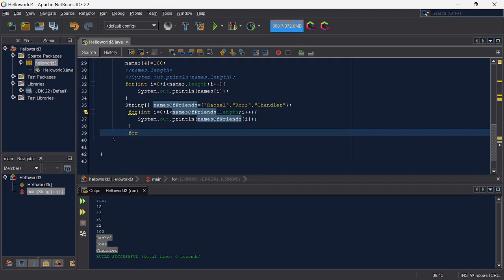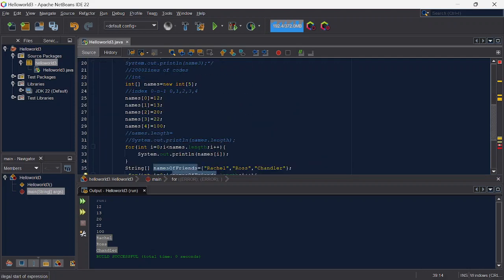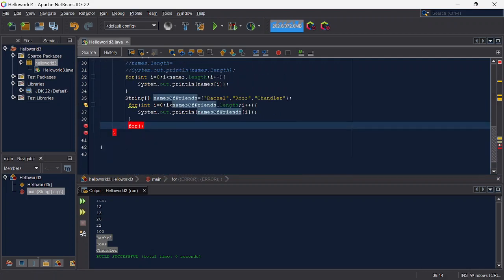So how? First, I'm going to tell what kind of data type the array holds. So String, and then you're going to give a random variable name. So I'm going to use x, and then a colon, and then you tell the name of the array,